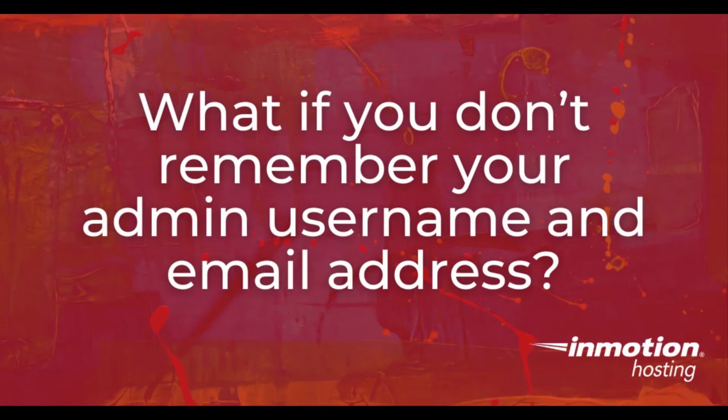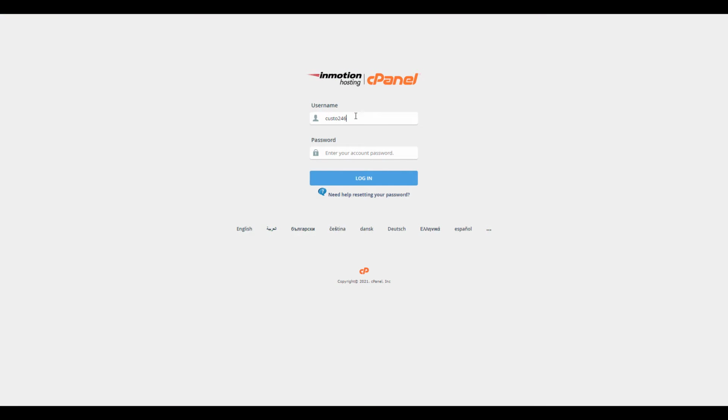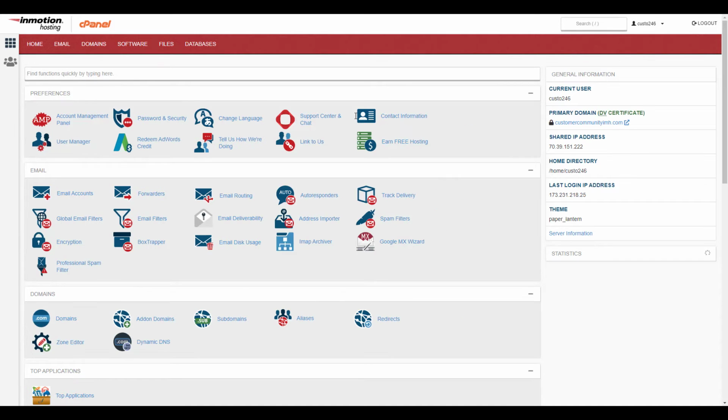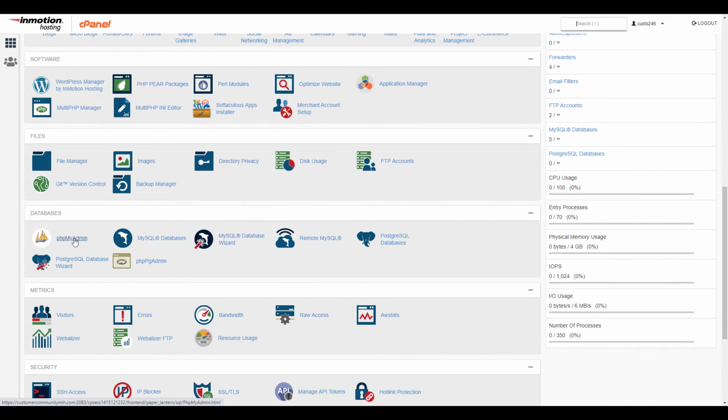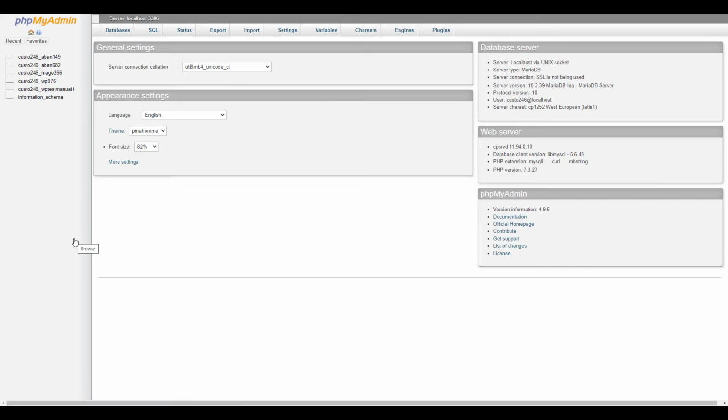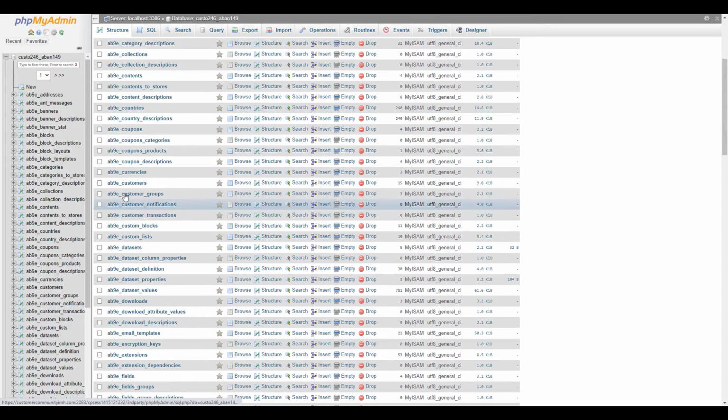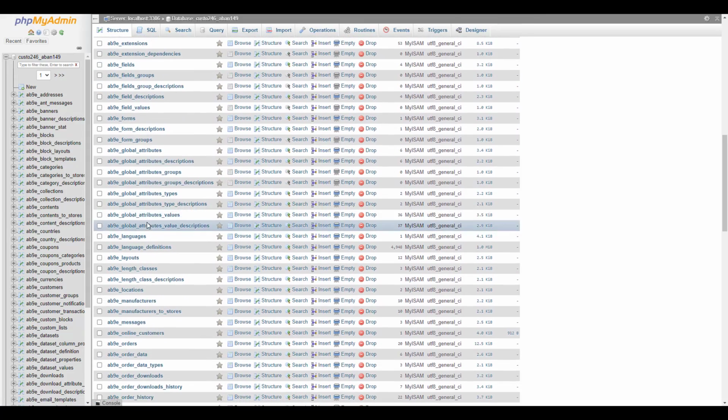If you don't know your admin username and email address, it can be viewed directly in your database. To do this, log into your cPanel, click the PHPMyAdmin button in the Databases section. Select the database for your AbanteCart installation. Find and click the